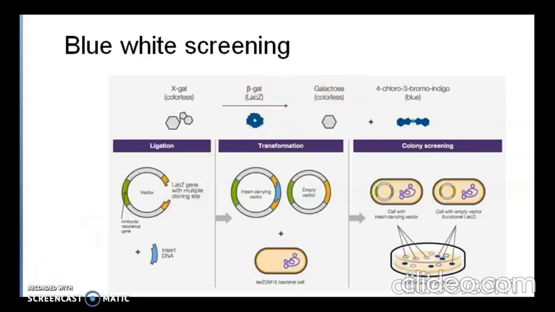For screening the clones containing recombinant DNA, a chromogenic substrate known as X-gal is added to the agar plate. If beta-galactosidase is produced, X-gal is hydrolyzed to form 5-bromo-4-chloroindoxyl, which spontaneously dimerizes to produce an insoluble blue pigment called 5,5'-dibromo-4,4'-dichloroindigo. The colonies formed by non-recombinant cells therefore appear blue in color, while the recombinant ones appear white. The desired recombinant colonies can be easily picked and cultured.